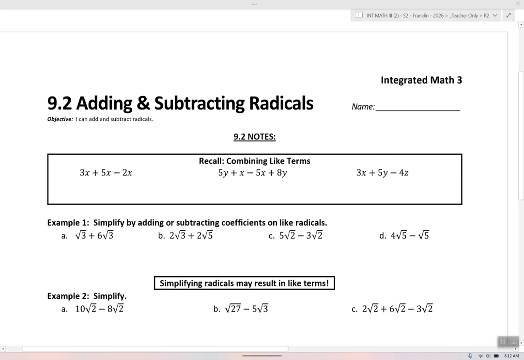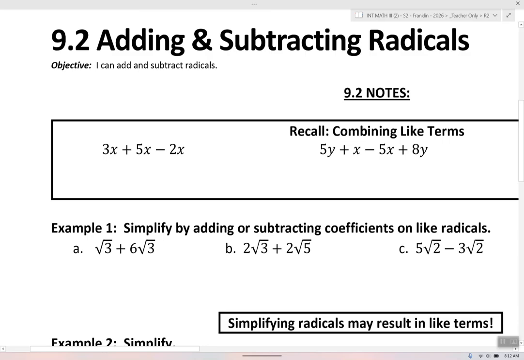Let's add and subtract radicals. Before we get into that, though, let's recall what combining like terms is like. So remember, combining like terms, you add or subtract the coefficients on terms that have the same variables with the same exponents. So for this first example, these all have x's, so we can do 3 plus 5 minus 2,